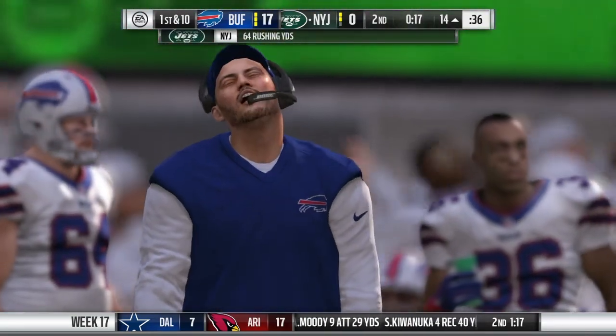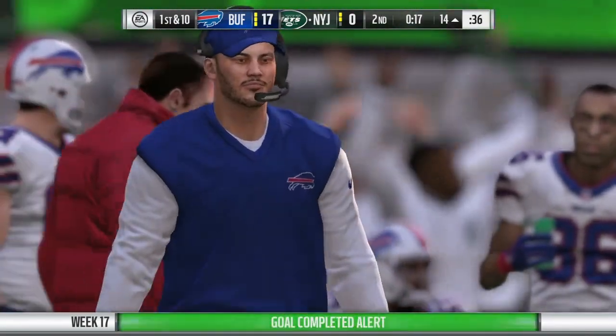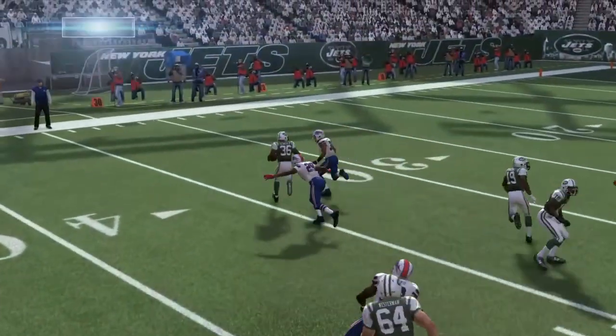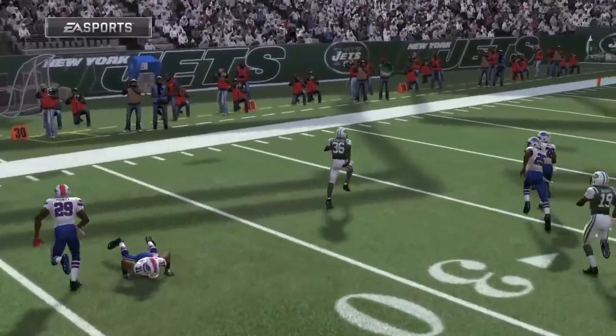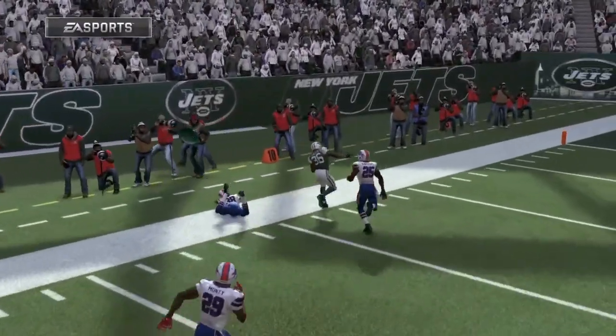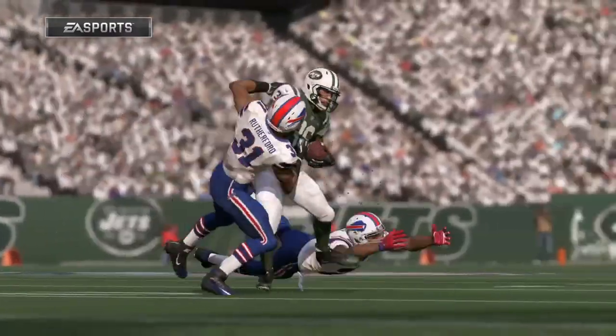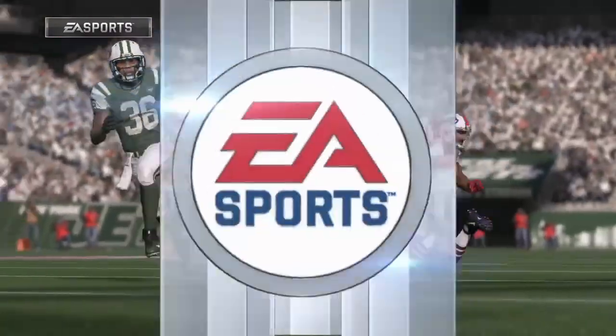Well, plenty of credit has to go to the guy carrying the ball. He broke the tackle and gained the yardage. But that doesn't necessarily mean that the defender's bad. They're not going to make 100% of the tackles all the time. Even the best in the game will miss one occasionally. The key is not to let it snowball and miss tackle after tackle. On that play, credit to the...